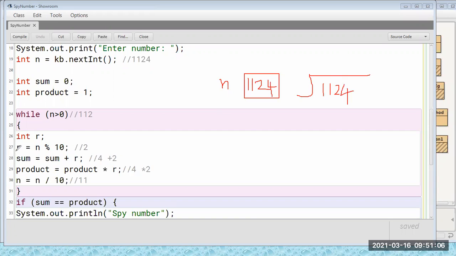Now what are we doing? R is equal to just R mod 10. So we have to take first a remainder and a division sign. So we'll divide this by 10. Let's try to divide it by 10.